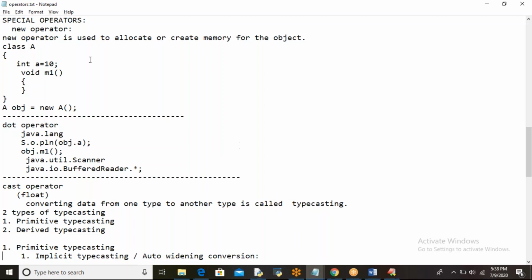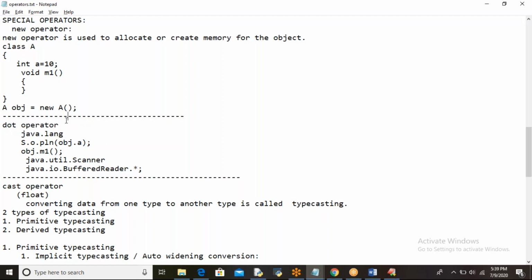If you write a class like this, for these class members the memory is not allocated. Whenever you create an object like this by using the new operator, then memory is allocated for this instance variable and instance method inside the object. This is the constructor, and this is the new operator which is used to allocate or create memory for the object of the class.